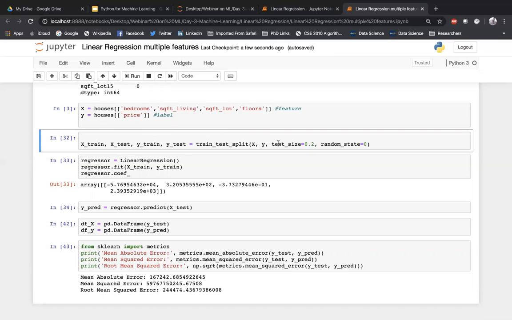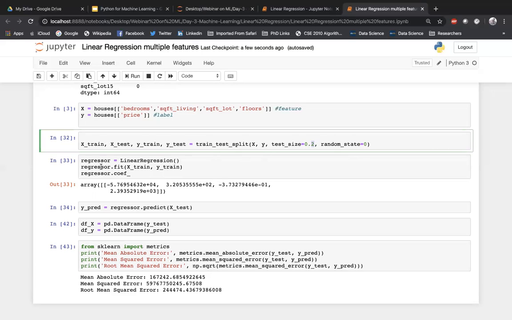So test size is equal to 0.2, and this random state equal to 0 just says how it has to divide the data set. It can be any integer value. Even if you don't give it, it is absolutely fine, but there is a significance for this attribute. You can just look it up in case you really need it. Changing the random state will tell you how the training is actually taking place.